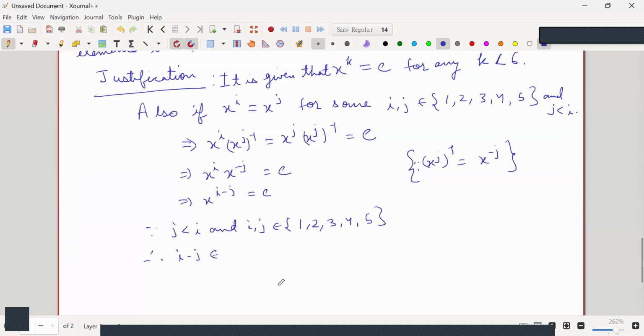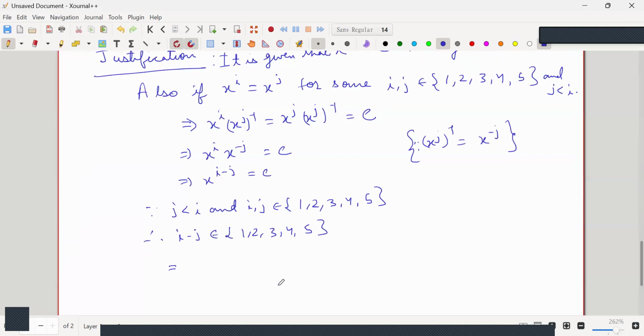So this will again belong to 1 to 5. Thus x raised to i minus j equal to identity